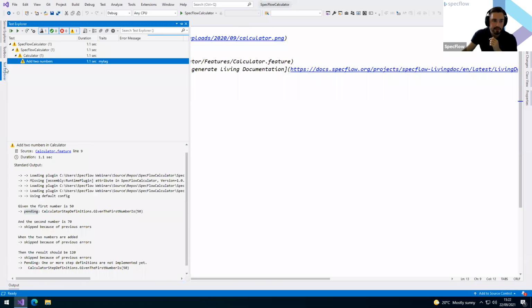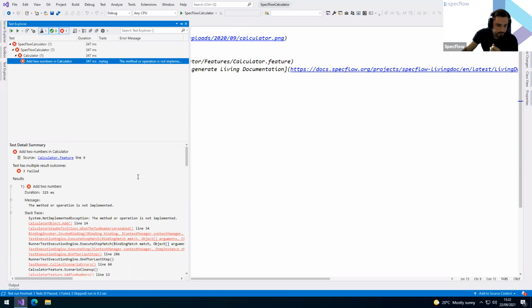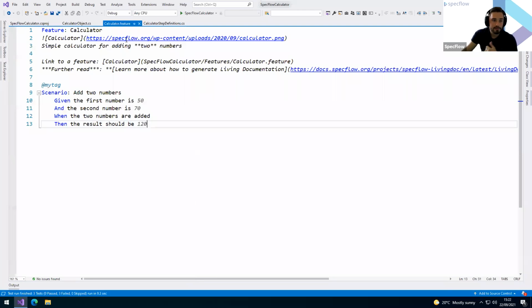So let's go ahead and just execute these. So if you've not seen the Test Explorer window, and similarly, it'll be the same in Rider, in the top left, there's just an execute button. Okay, we've got a failing test. Let's explore why that might be. Okay, cool. So although we referenced our add method, we actually don't have any implementation for this yet. So let's go and fix that